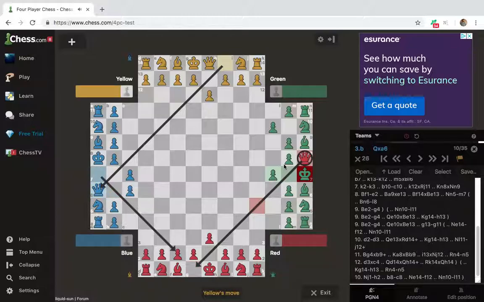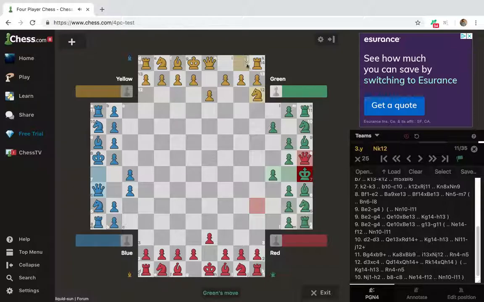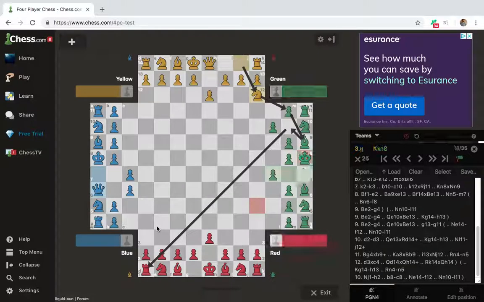So after you take back, prevent any checkbacks. And from here, yellow moves in, looking to take the light squared bishop. So after green takes back, red moves in check, and the blue queen comes out,